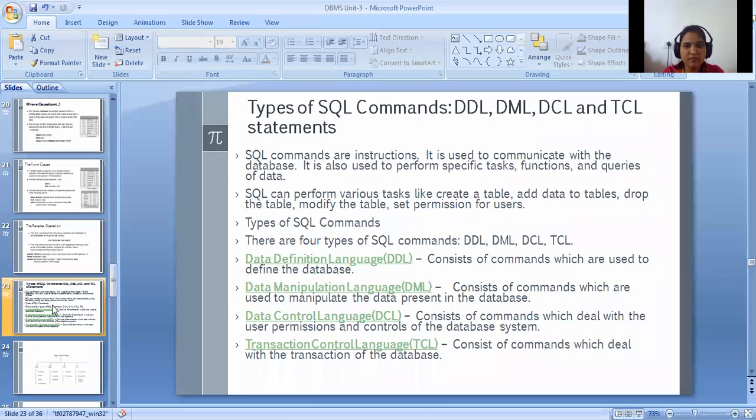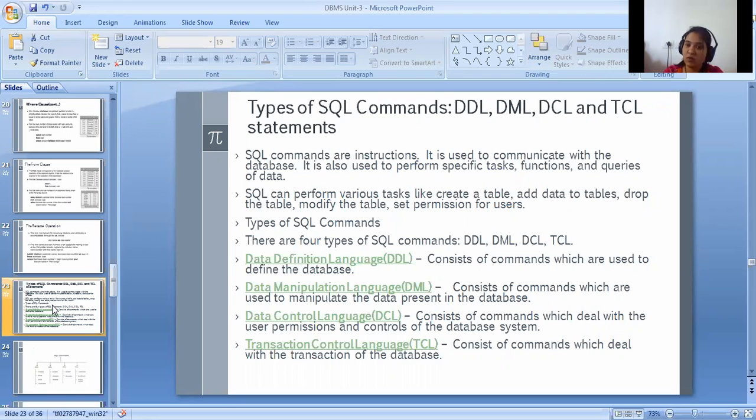If you want to perform these, then SQL is the only way or one of the best ways. We can do it manually too, no issue. But in a very well ordered format, if we want the result, then we have to use SQL. SQL can perform various tasks like create a table, add data to tables, drop the tables.